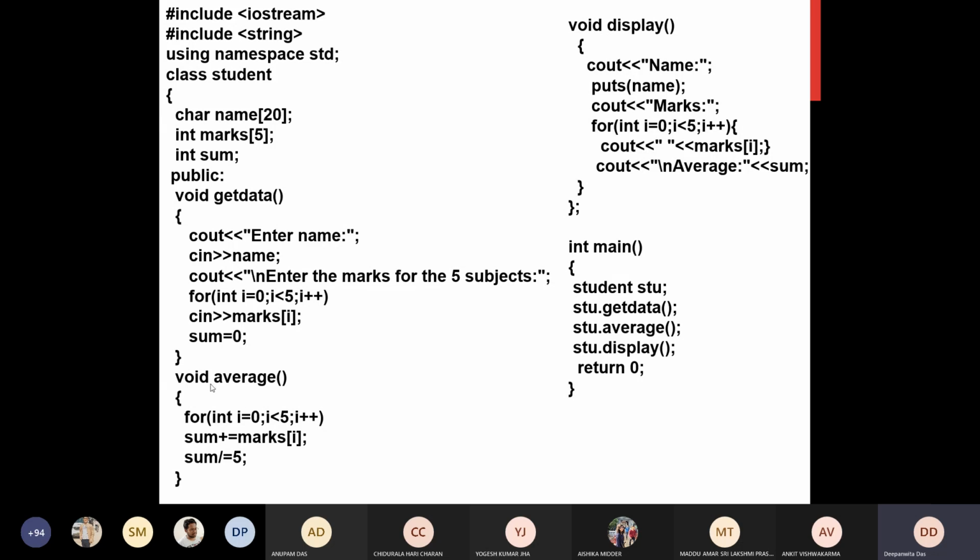And all the member functions are defined inside the class declaration itself. So this is the definition of get data. Next comes the definition of average, in which we are just calculating the average of these 5 marks, and display is to display the name, marks, and the sum and average of those marks. In main I have created one object called stu. Student is the class, and stu dot get data means it is calling